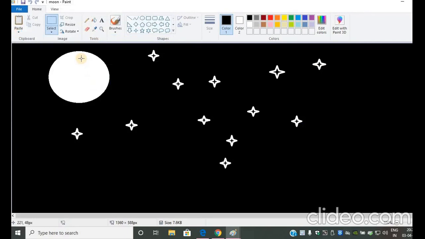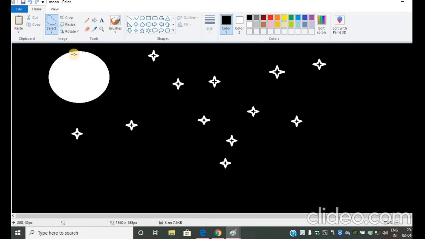Suppose I want to crop this moon, so I can use the cropping option, but this will activate with the select tool. So if I select, suppose I am taking a freeform selection and I want to cut this moon.